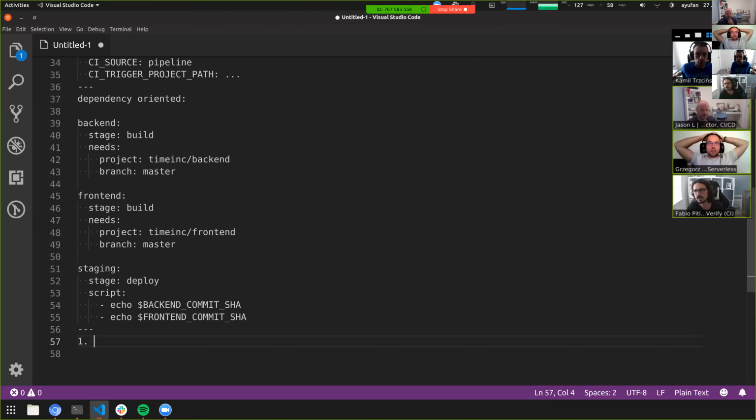So that's a very interesting problem. Let's suppose that we have the top level needs, and we can define there that we depend on the upstream project, or perhaps we need the upstream project, and we want to trigger the downstream pipeline when the pipeline succeeds on master in the upstream project, right? And we commit that to the GitLab CI YAML. In our downstream project, the project that we are working on has 1,000 branches. The GitLab CI YAML gets propagated to all the 1,000 branches.